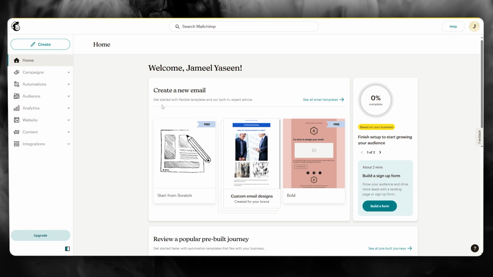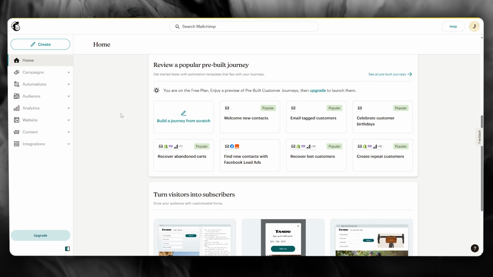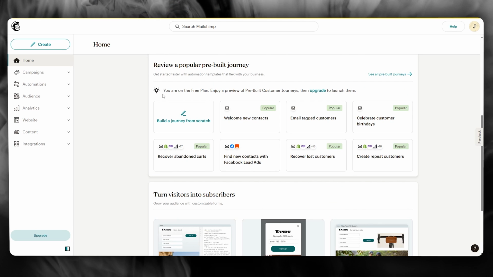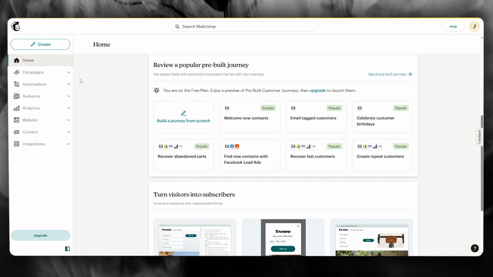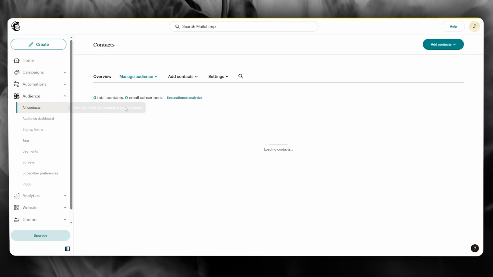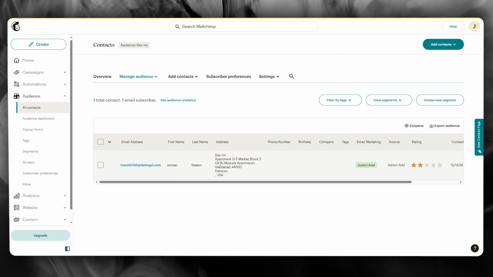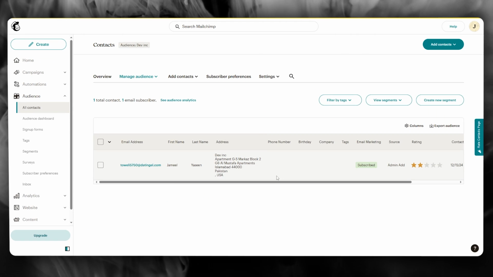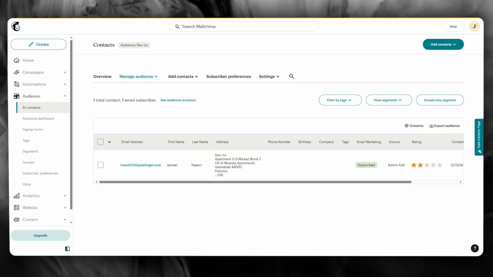Now, once you've added your MailChimp account and authorized it, it's simply going to bring you here, and all of your contacts from Pipedrive will be exported straight to your contacts in your MailChimp. So that is pretty much about it. That is how you are going to go ahead and export all your